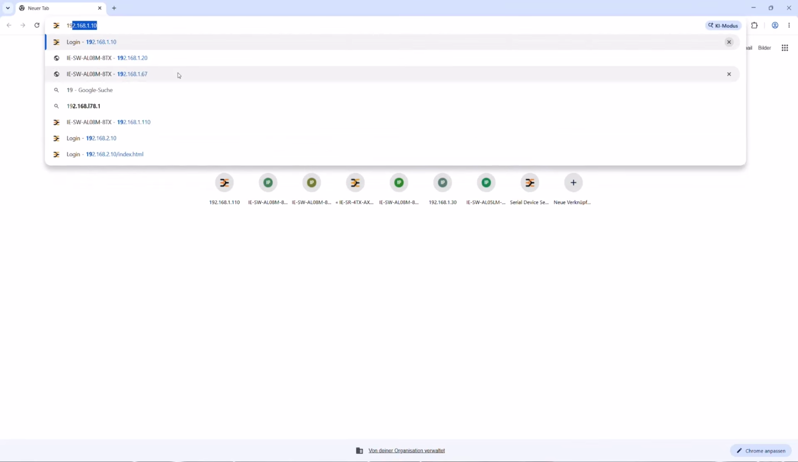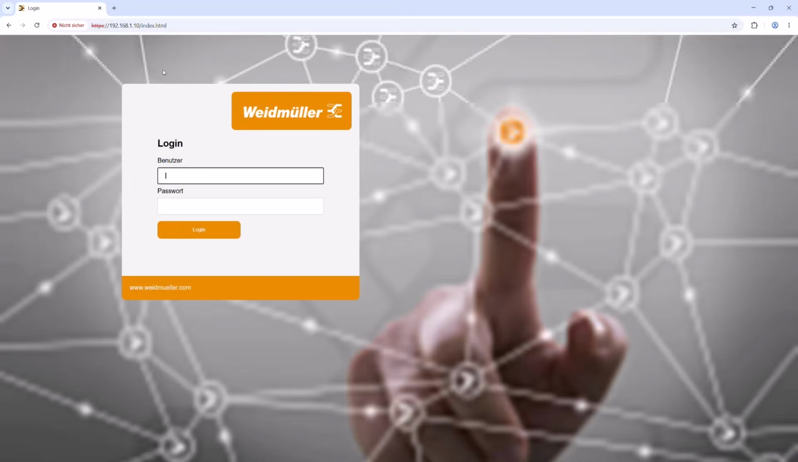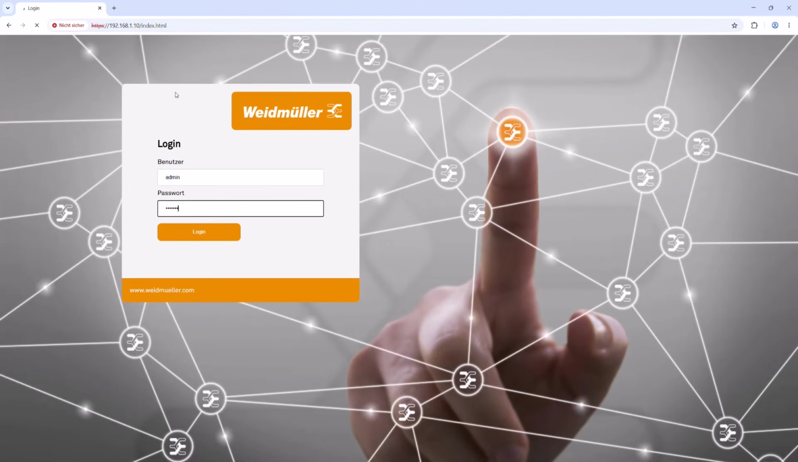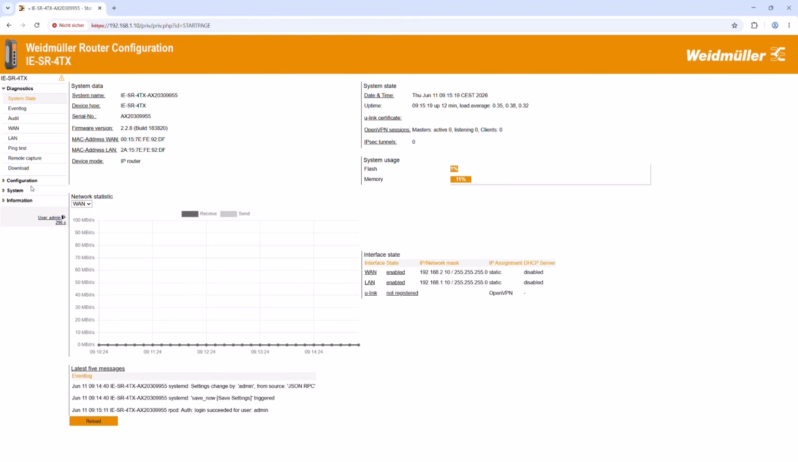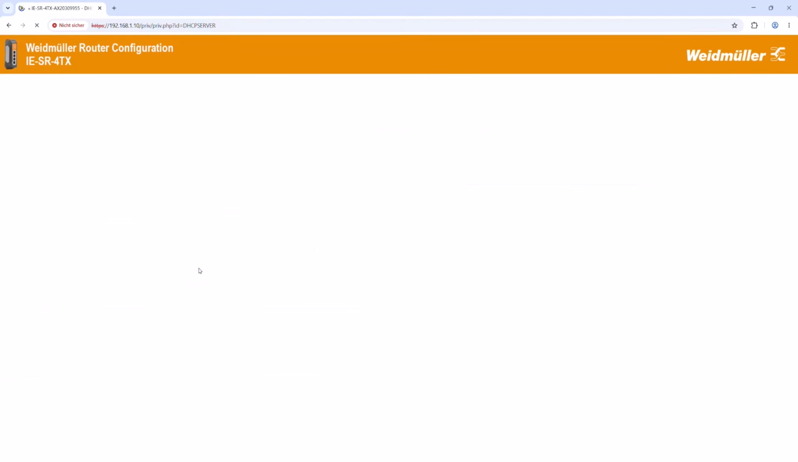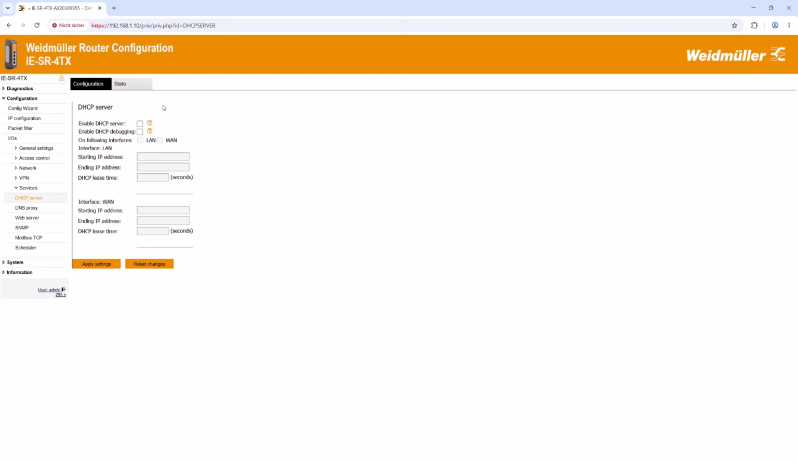Call the Weidmüller router web interface. Log into the router with your credentials. Go to Configurations, then Services, and then DHCP Server. Check the checkbox at DHCP Server. Then select the LAN interface. Next type at starting IP, for example 192.168.1.51. And at end IP type